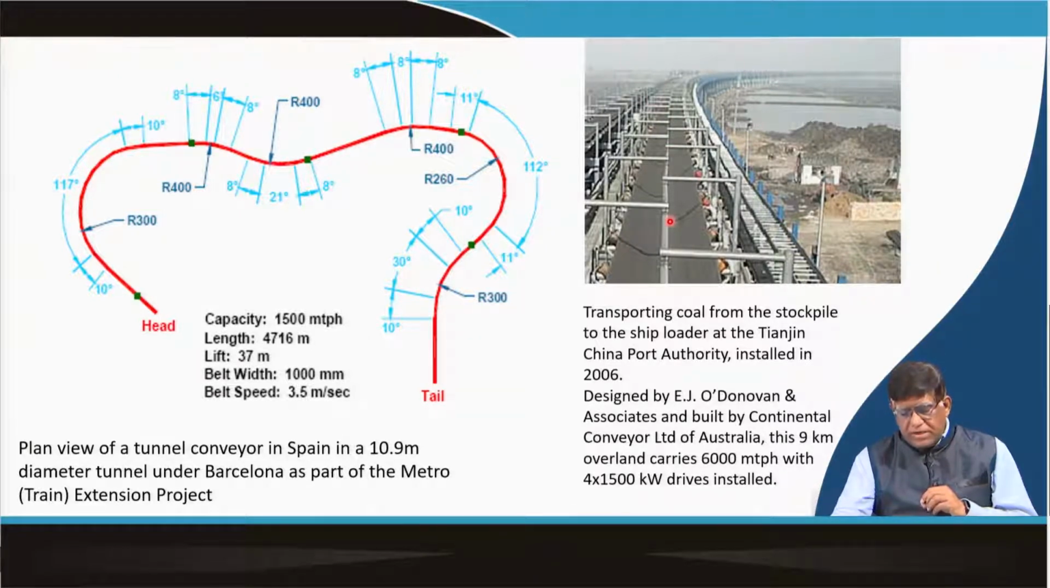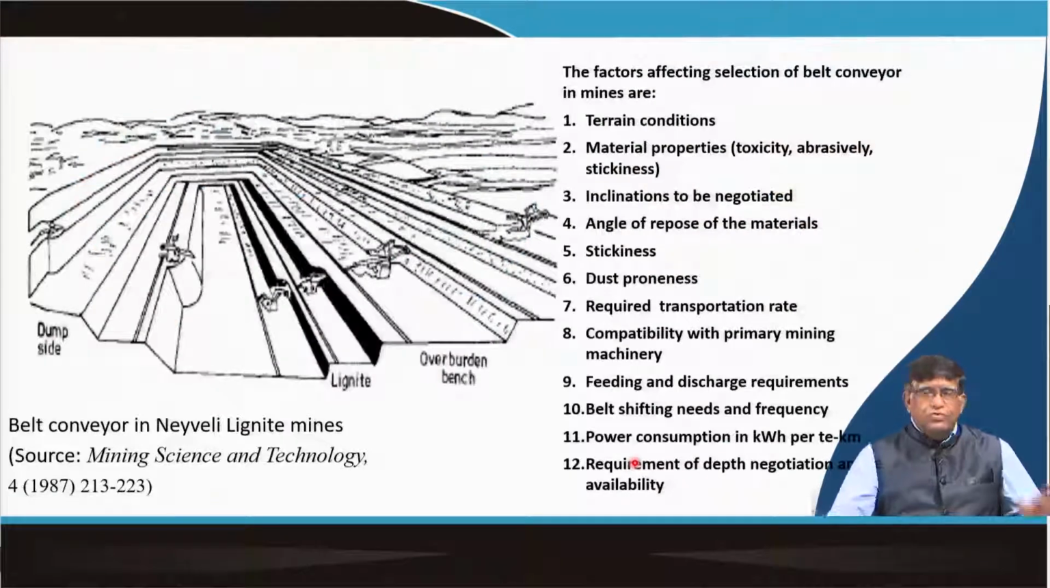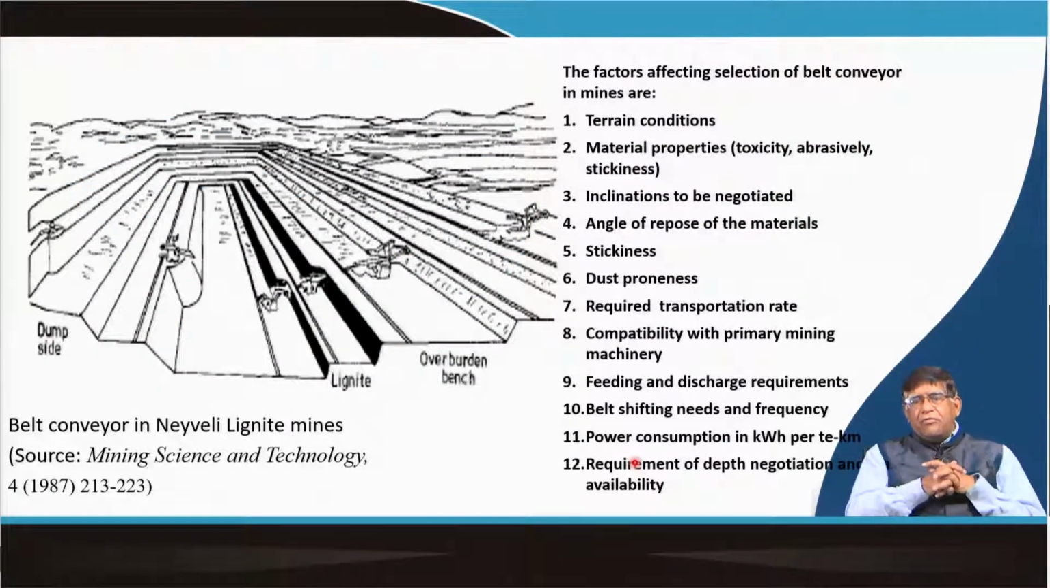So, that means it is carrying 6,000 ton per hour. Of course, the underground one has a carrying capacity of 1,500 ton per hour. So, now this shows that the conveyor belt is a huge thing, and in India we are also proud of having Indian